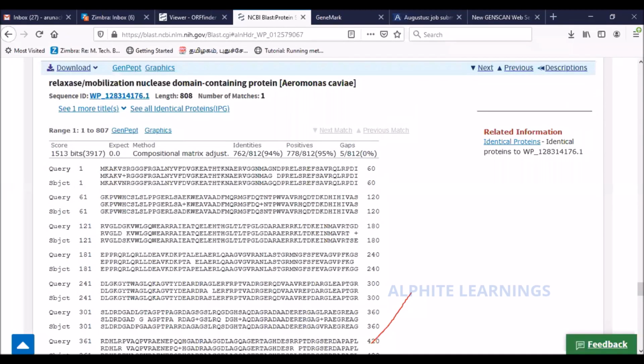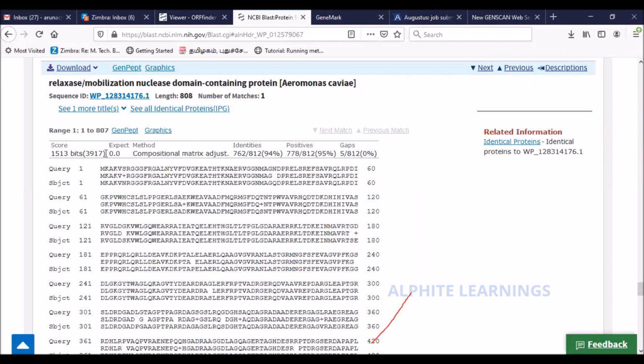If you are giving a new, novel sequence for which you don't know anything, you have sequenced that, right? You get something like this. So it gives you the alignment, a similarity with some other bacteria which is homologous, right? In this case, it is known as Aeromonas caviae, some bacteria.